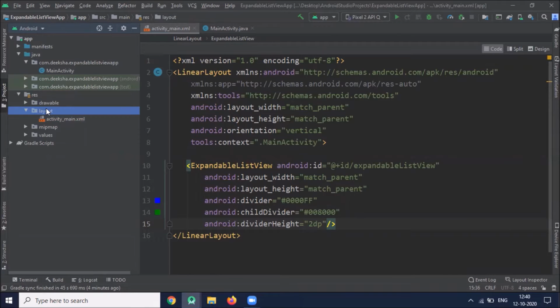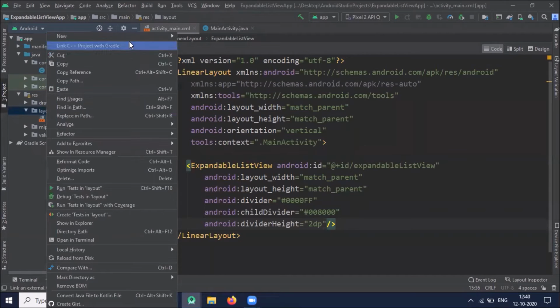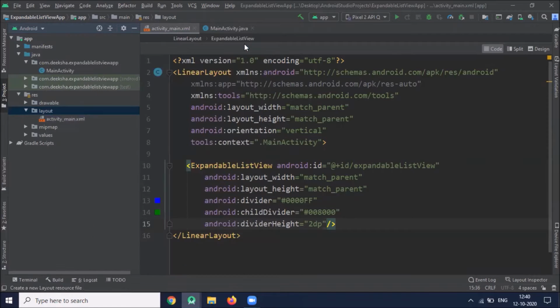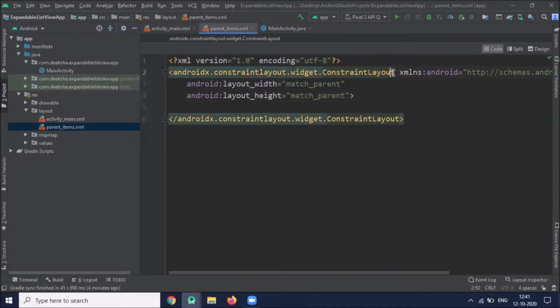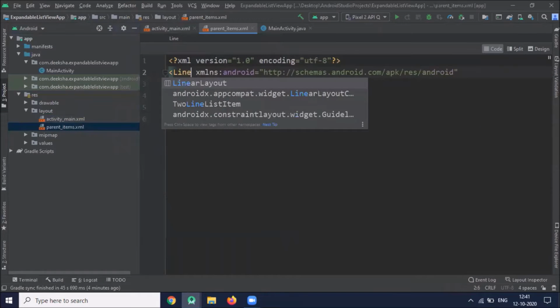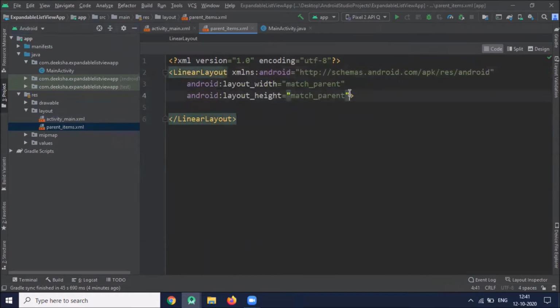Now we design layout for parent item. So here we create layout resource file and name it parent item. Here we use linear layout and add one text view.